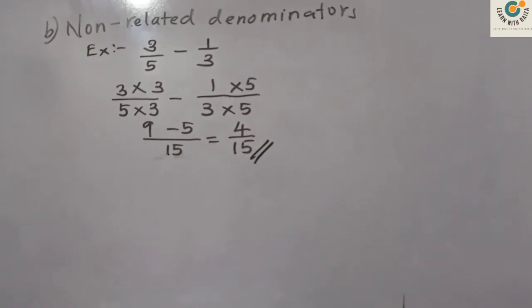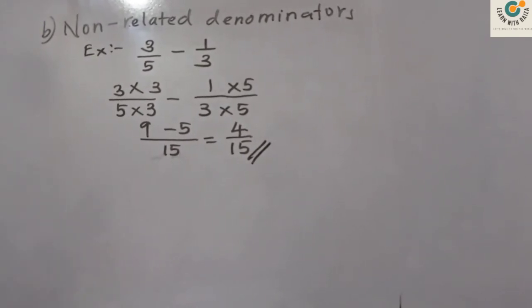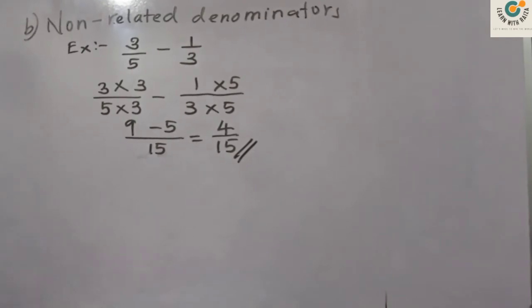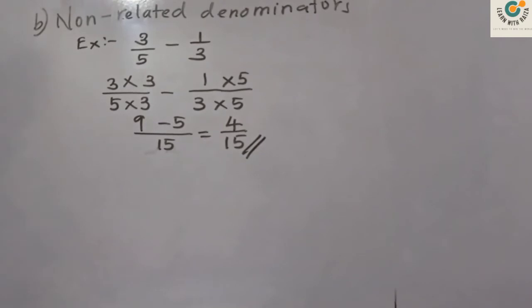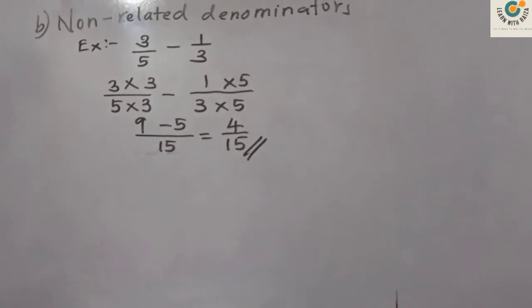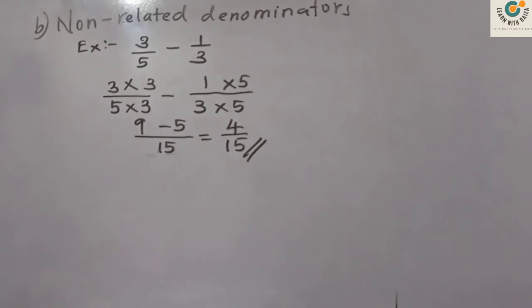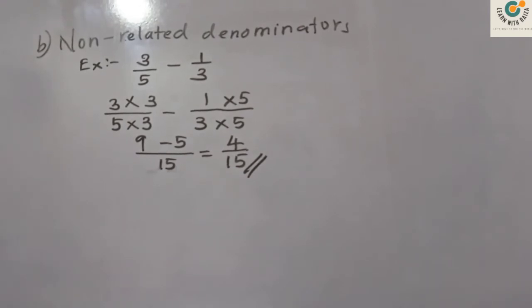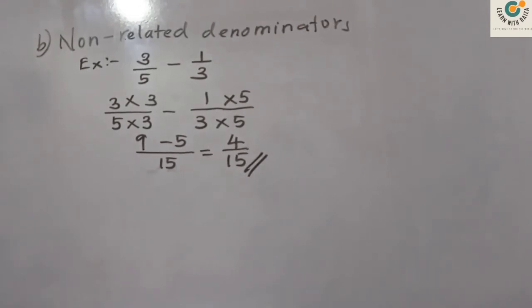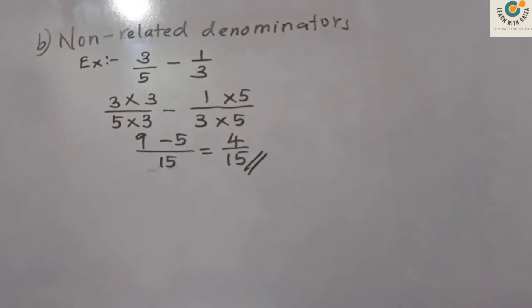So this is the way of subtracting and adding fractions with non-related denominators, adding and subtracting fractions with related denominators, now covered. Right, okay, now still we were covering the grade 7 and 8 parts. So now for grade 9 parts, let's move on. Okay, right, before that we have to discuss even the multiplication and division of fractions also. So we'll cover that and move into the BODMAS.